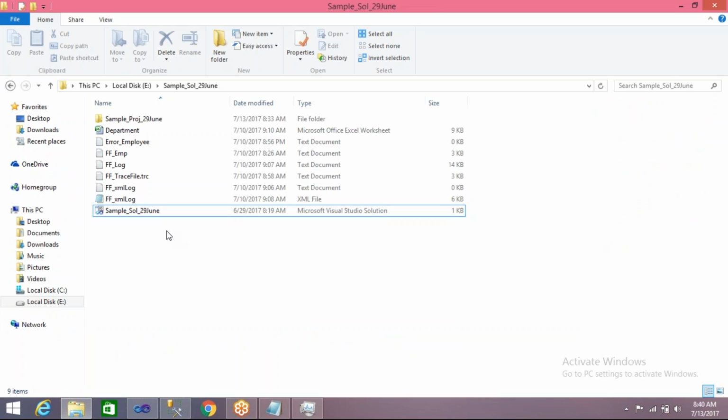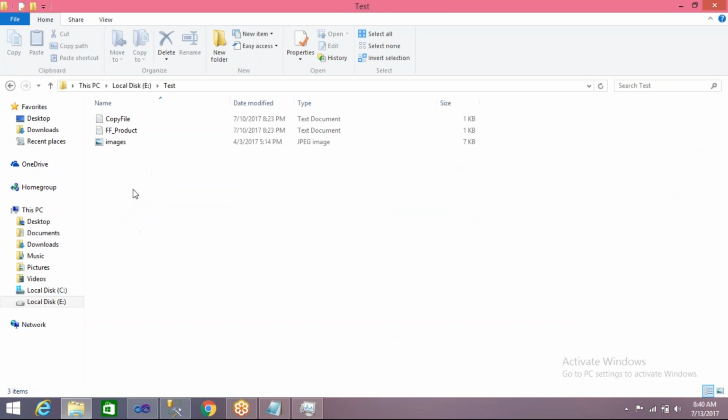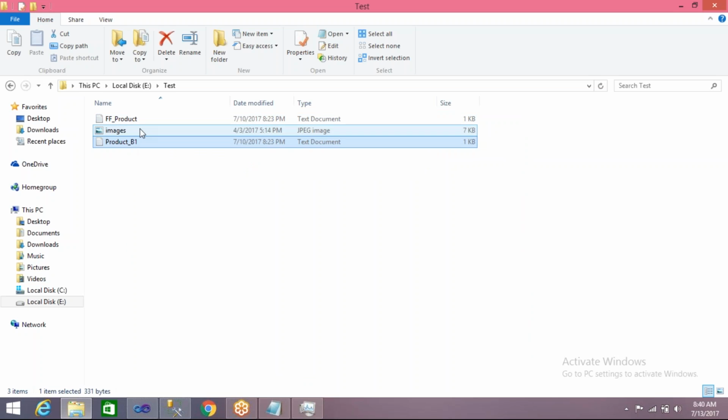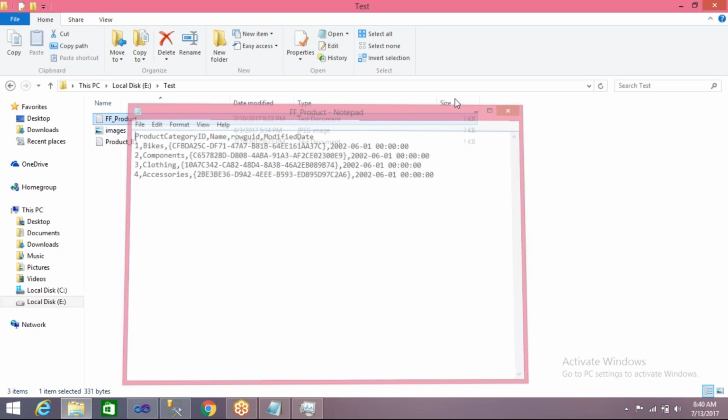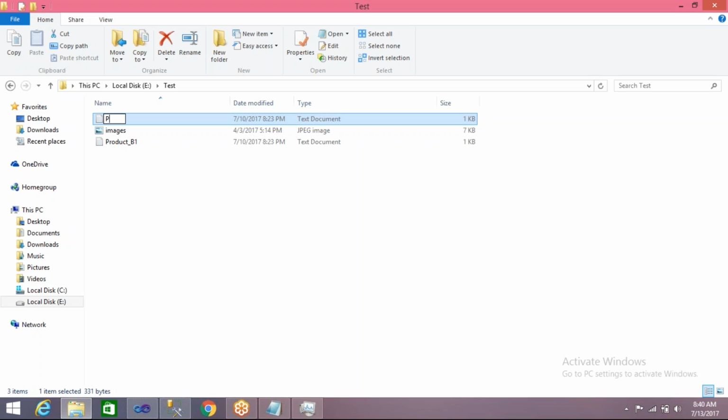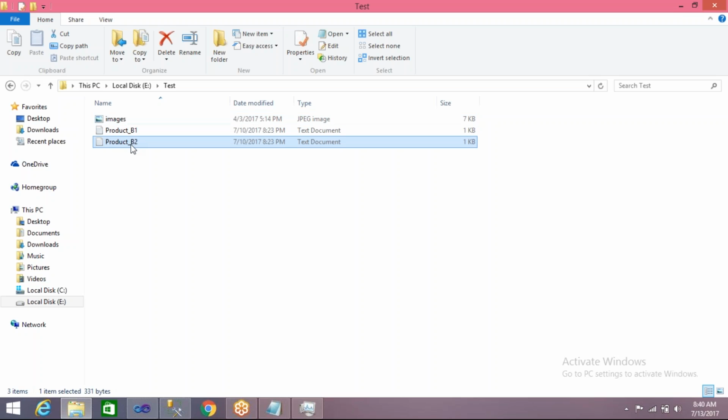Let us say in this particular folder I have one product file. Assume it is product information from branch 1. I'll make this one product information from branch 2, and this one product information from branch 3. Likewise,